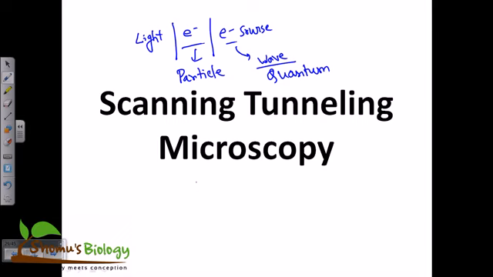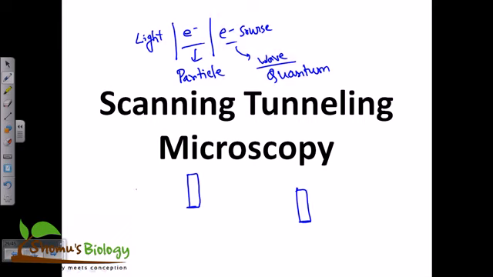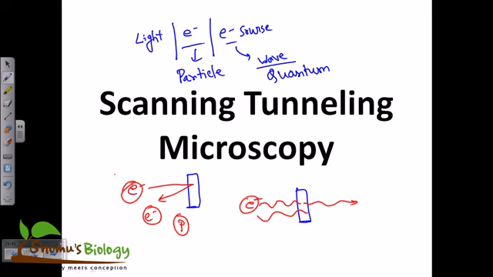The electron can behave like a particle. Let's say we have a barrier in both cases. When the electron behaves like a particle, just like classical physics suggests, that electron will go and hit that wall and bounce off. So this is a reflection if the electron behaves like a particle. But if it behaves like a wave, this electron has the capability to pass through that wall. That is the idea, and that is called quantum tunneling.